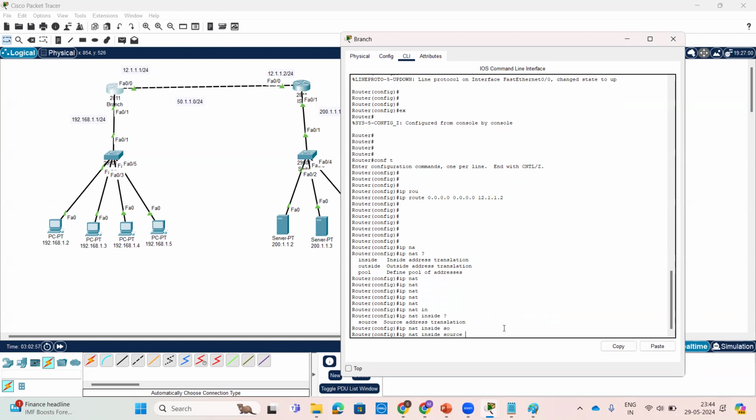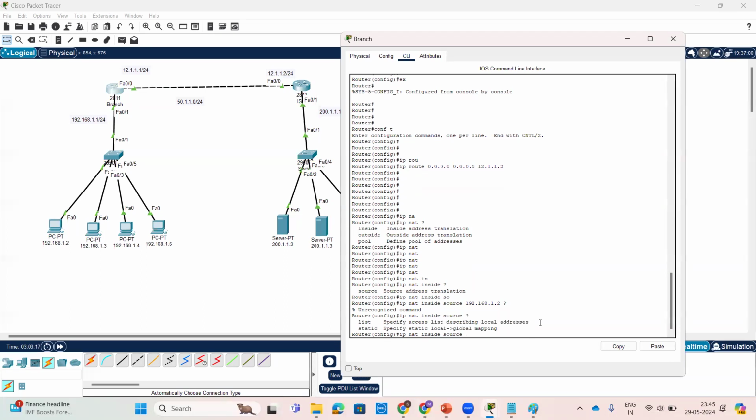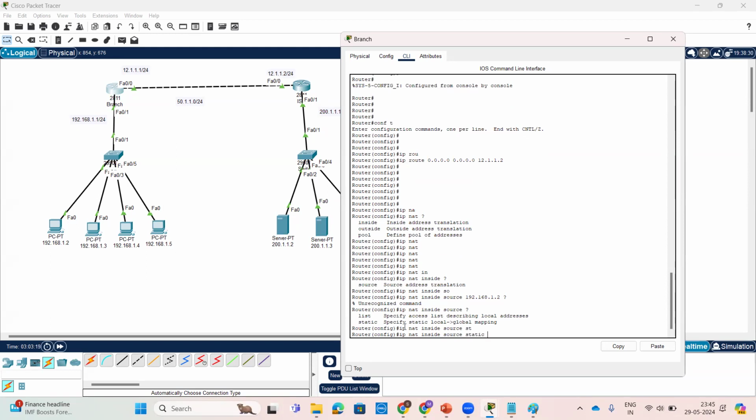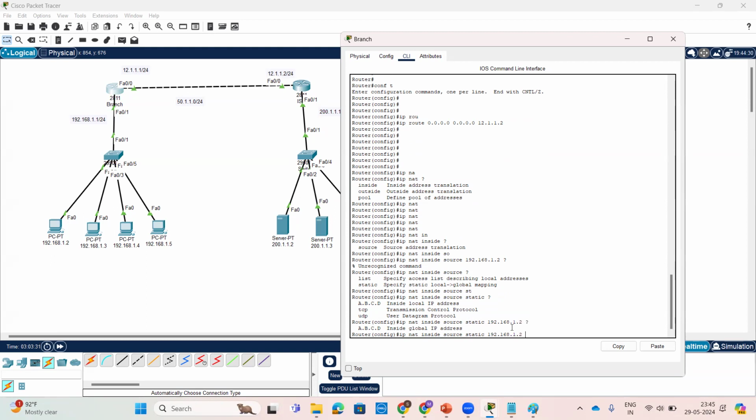Inside source, which source IP address is 192.168.1.1. I'll assign one-to-one NATing to 192.168.1.2, statically. I am specifying a static local-to-global mapping, and the IP address is 192.168.1.2. Then the global IP address, inside the global IP address, whichever global IP address is there,